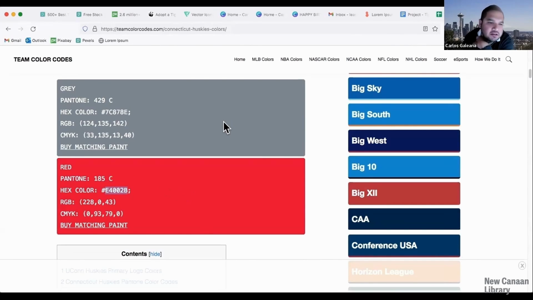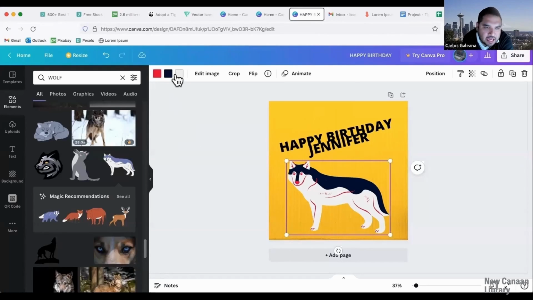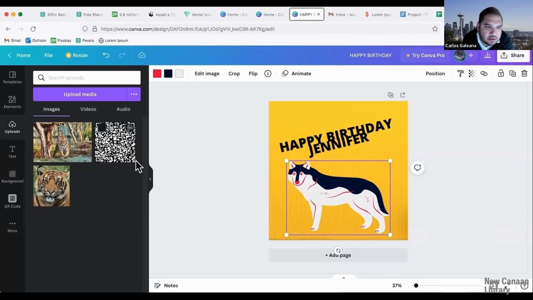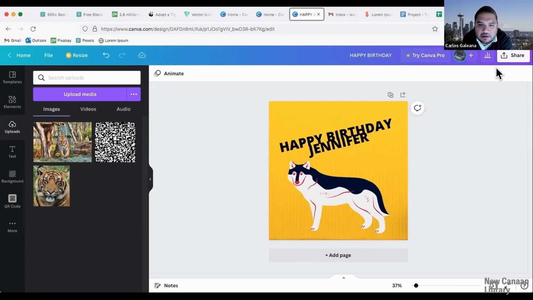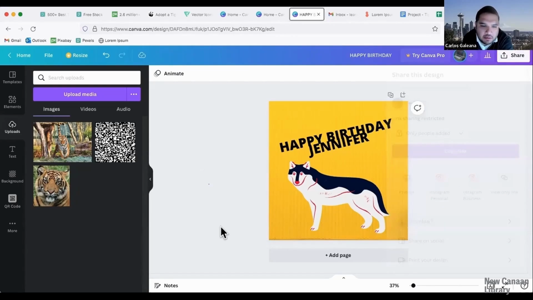You can see it's a mixture of letters and numbers. And if your particular company has a Canva account, you can add your own color schemes for your own company. And then under uploads, you can add your own logos there for your company. And then if this is all done, I could just do a share, and then a download and then save it to my computer, and then put it on an email or on Instagram.